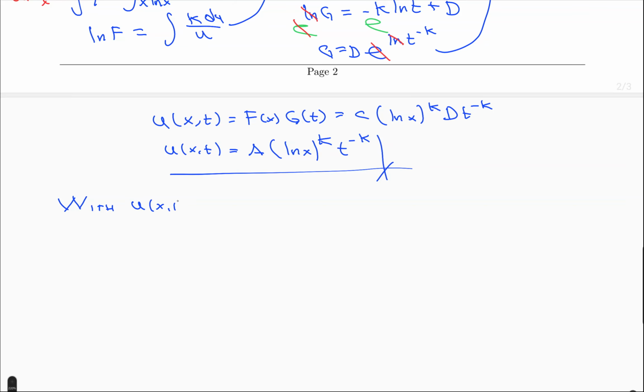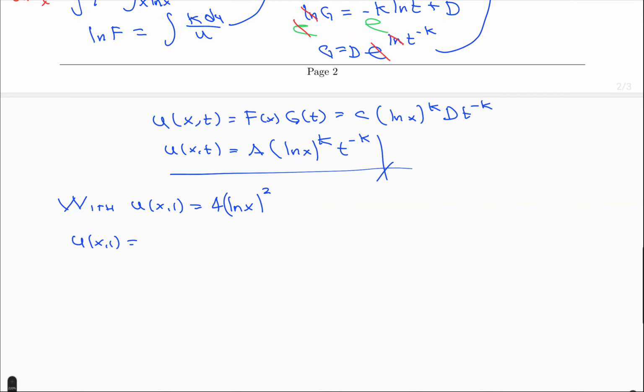What are we going to do? Evaluate u of x,1 into the general solution. That is, every instance of t, replace it with a 1. All right? So that's going to leave us with